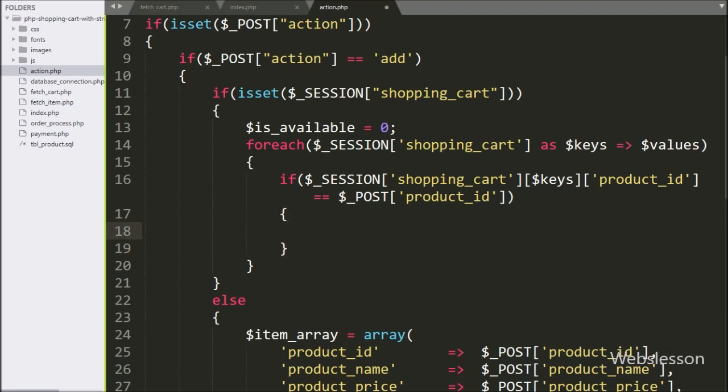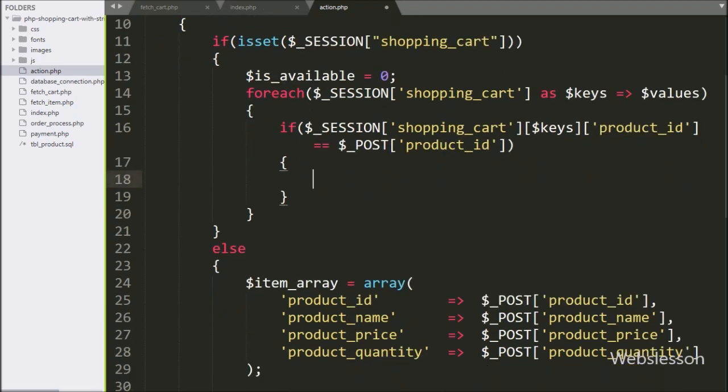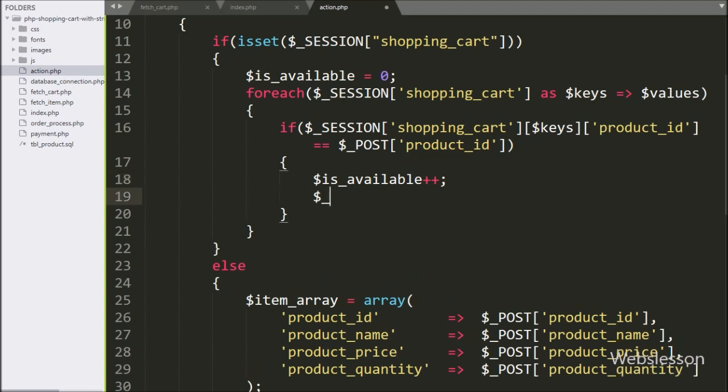So now, we do not want to add the particular item into cart again, but we have to just increase the quantity of the particular item. So here, we have written $is_available variable value has been increased by 1. For increasing the particular product quantity in shopping cart,